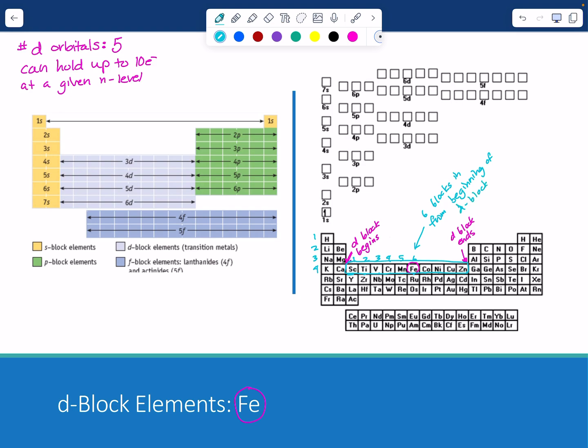And we are in row 4, in period number 4. So we know that we're going to go up to this n equals 4